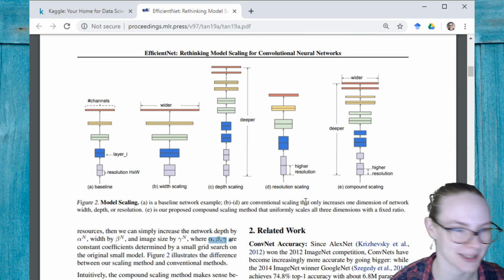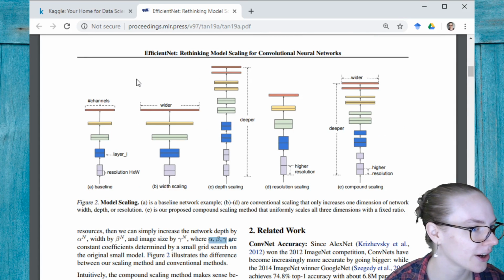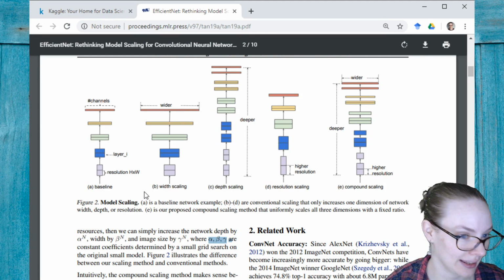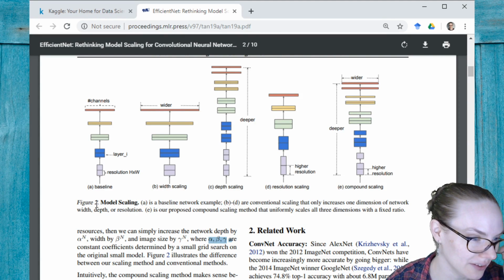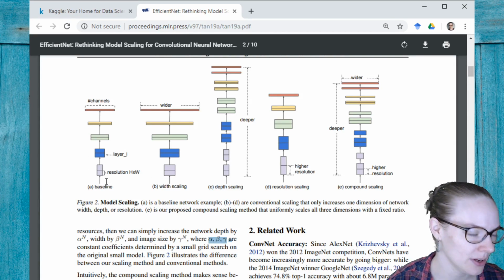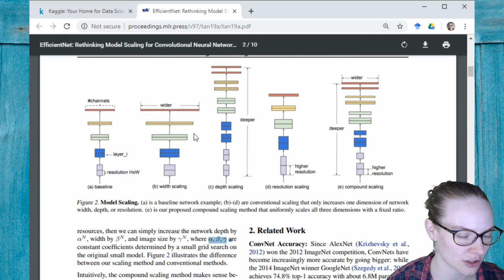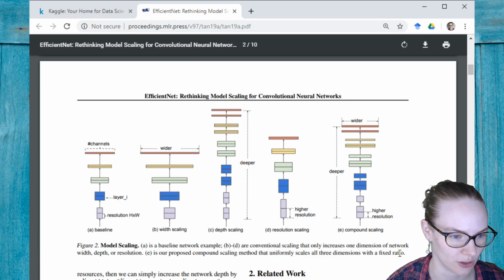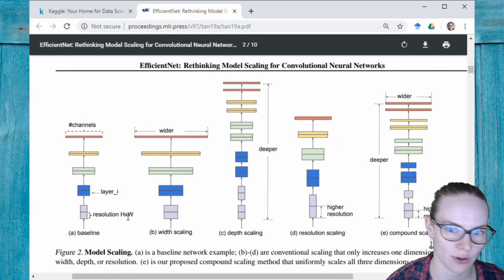Okay, so we've got here our example ways of scaling. So here we have model scaling. A is our baseline network example. So here's the baseline. B through D, these three here, are conventional scaling that only increases one dimension of network width, depth, or resolution. E is our proposed compound scaling method that uniformly scales all three dimensions with a fixed ratio. So if you have your model, let me zoom in here,